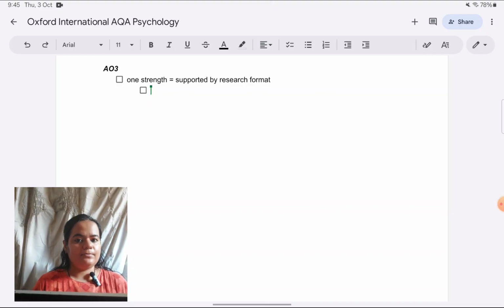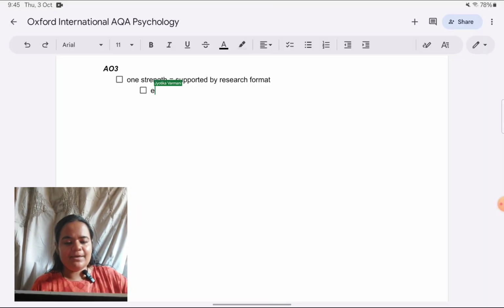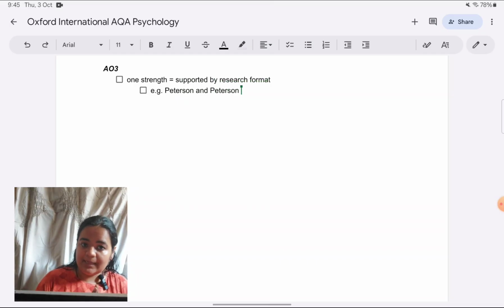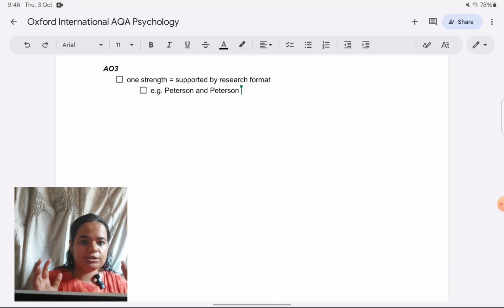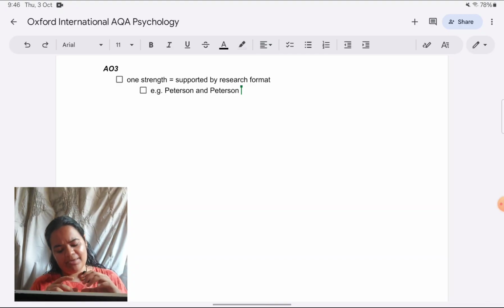So I will give, there are too many studies supporting, but I'll give the most famous one, the most classic one, Peterson and Peterson. So I will of course suggest that it's an example. It's not the only study which is done. So for example, the Peterson and Peterson study was done. Again, I might have learned it in a lot of details, but I can't cover that much for one evaluation point. Roughly one evaluation point is worth 3 marks, given that I'm covering 4 points. So I can't give a detailed summary of the study like aim, procedure, results and all. I can summarize it very briefly.